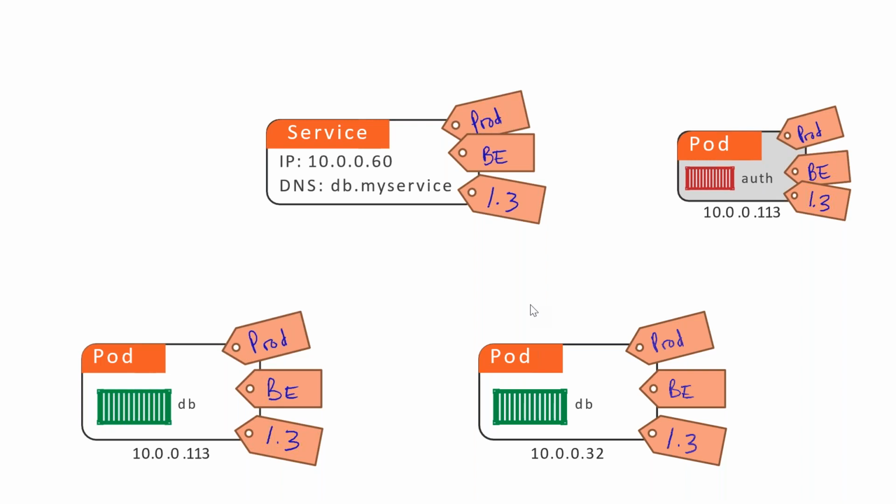That means what will happen when I hit the service: first time it will take me to the DB 1 pod, then the second also DB, the third one auth. So what was the mistake? Who did the mistake? Because I told you a very simple statement. The moment the labels of the pod match the labels of the service, those pods will be load balanced. So here matching is happening. That means these three pods will be load balanced by the service. Are you understanding, all of you?